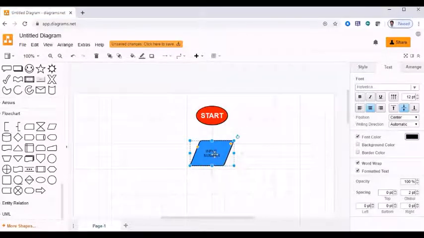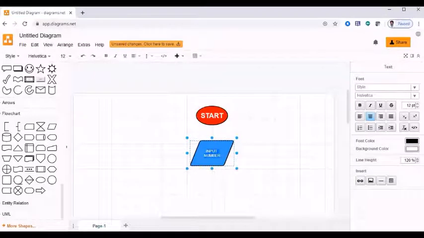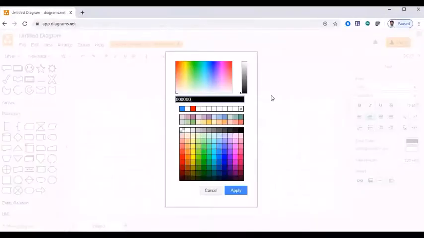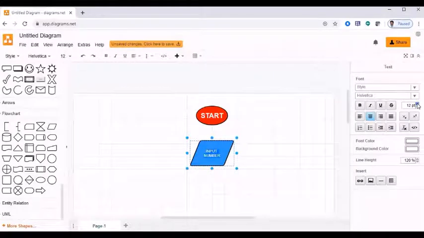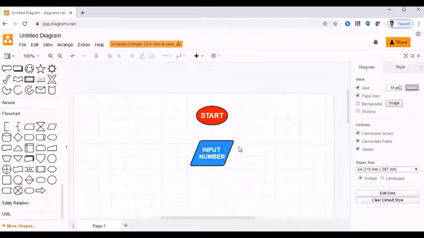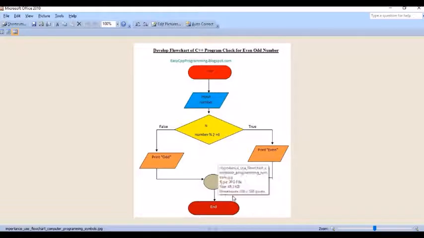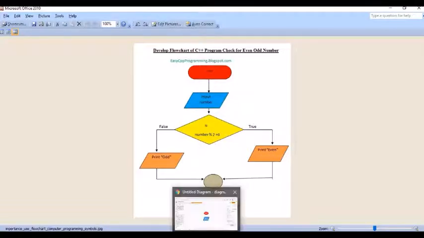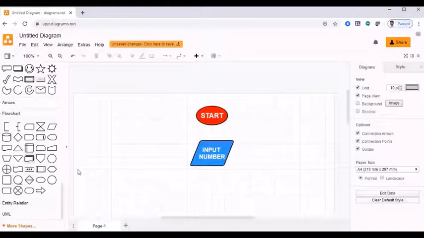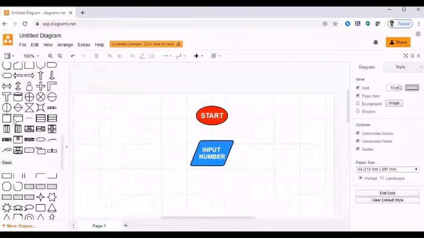Now we will select the color of the letter as white, as in the case of the previous one. We will make it bold also. So this is the second symbol, and like that we can add various symbols from the various options available here.